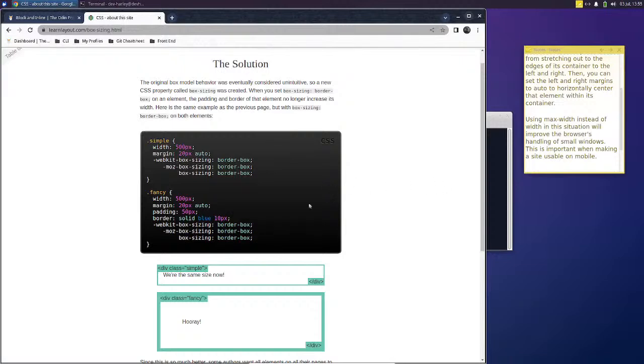Okay, and then this one, we have a width of 500, same margins as last time, except now we're using WebKit,